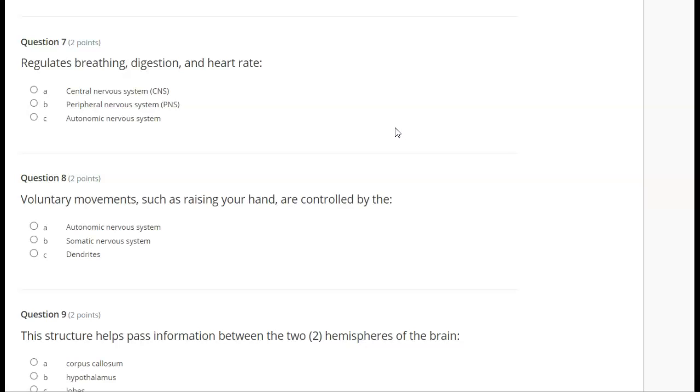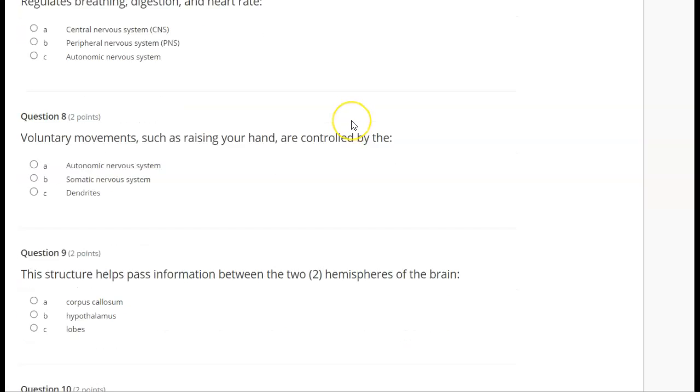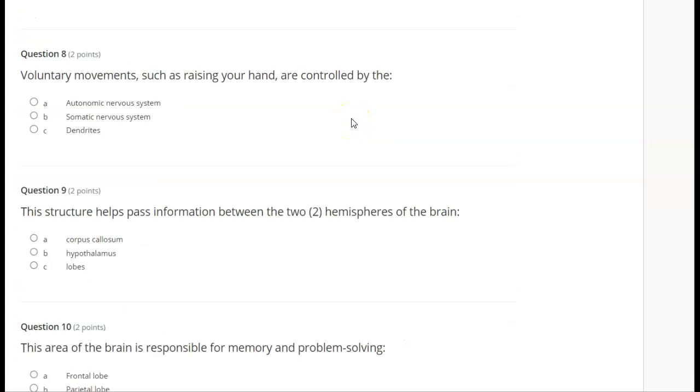Regulates breathing, digestion, and heart rate. A, central nervous system, CNS, B, peripheral nervous system, PNS, C, autonomic nervous system. Voluntary movements such as raising your hand are controlled by the A, autonomic nervous system, B, somatic nervous system, C,